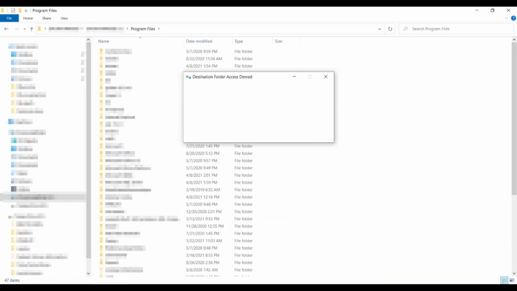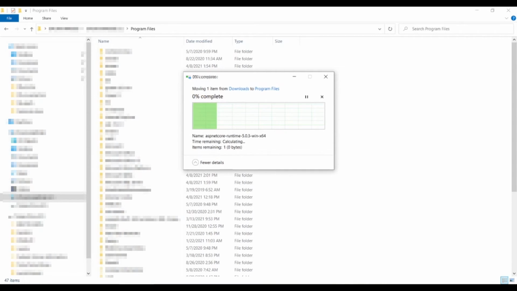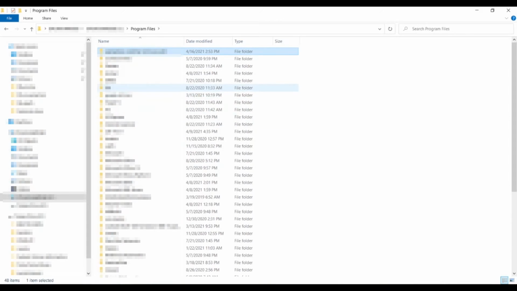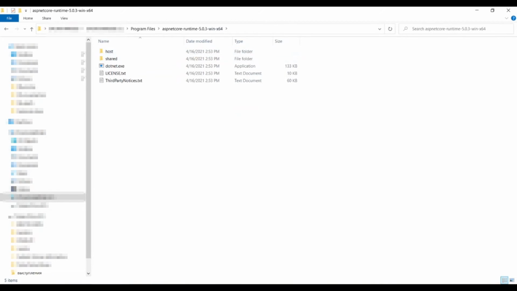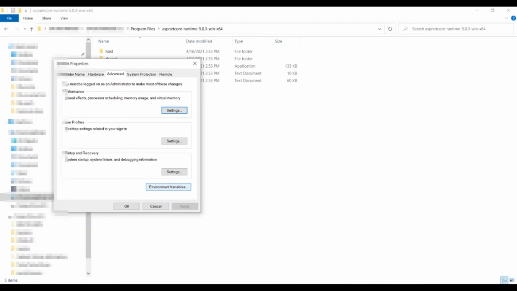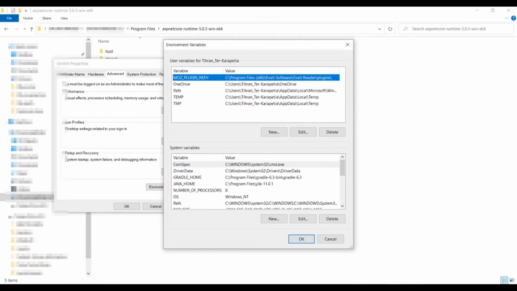Our next step is to configure environment variable for .NET. To do so, I click on Start button and input environment variables into the Search console. Then I select Edit the System Environment Variables in the Found Result item list and click on Environment Variables button in the opened window. My following step is to click on New button for the System Variables section in the